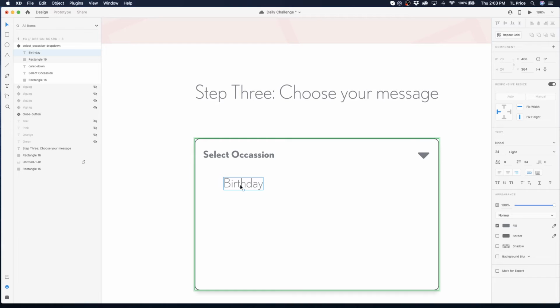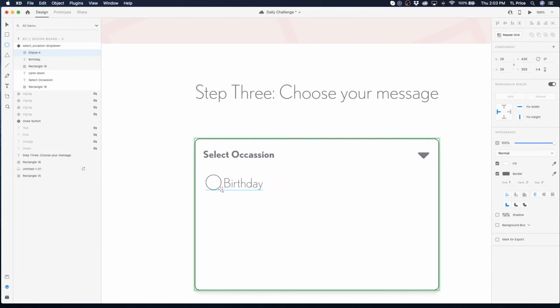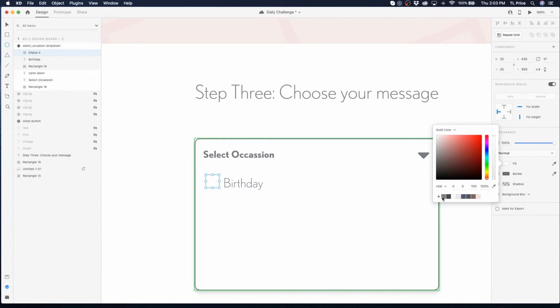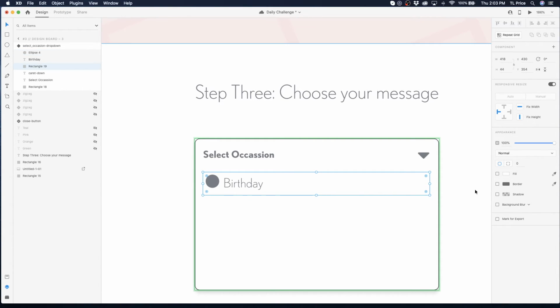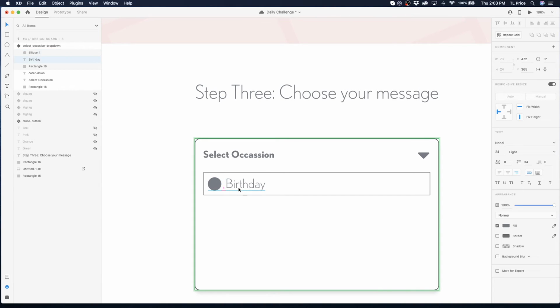So this is where I would throw in filler stuff. Like sometimes I don't have the icons I want right away. So what's going to happen is I just create, there. So I'll just put in a little filler circle, and then I'm going to